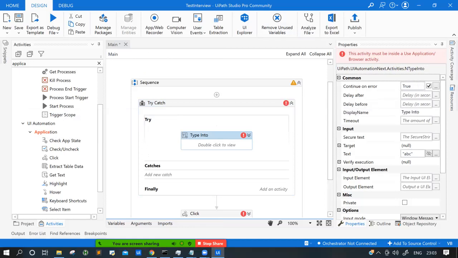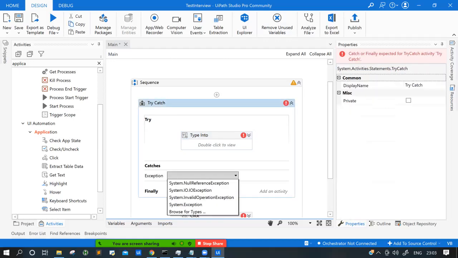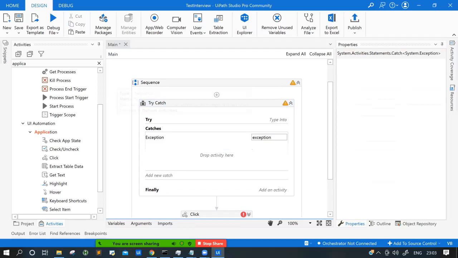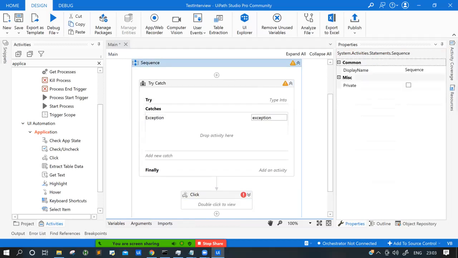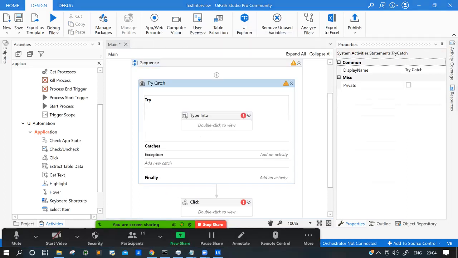That's why it's not recommended to make it true everywhere, because it will bypass the error and you may not get the logs, and you may not get to know which activity is throwing an error. Whereas if you haven't checked it and you have used the try catch, you can get the logs and you will get to know the particular exception you have defined. Cool. Okay, so this is one.